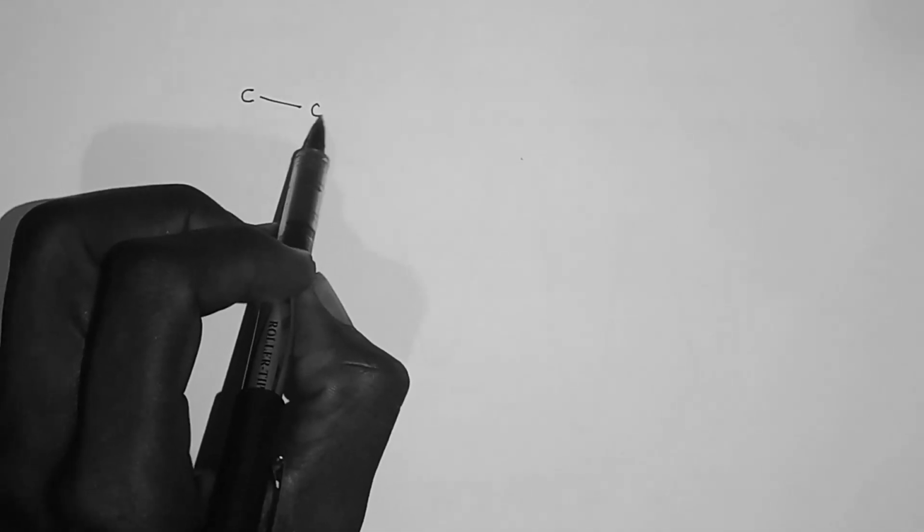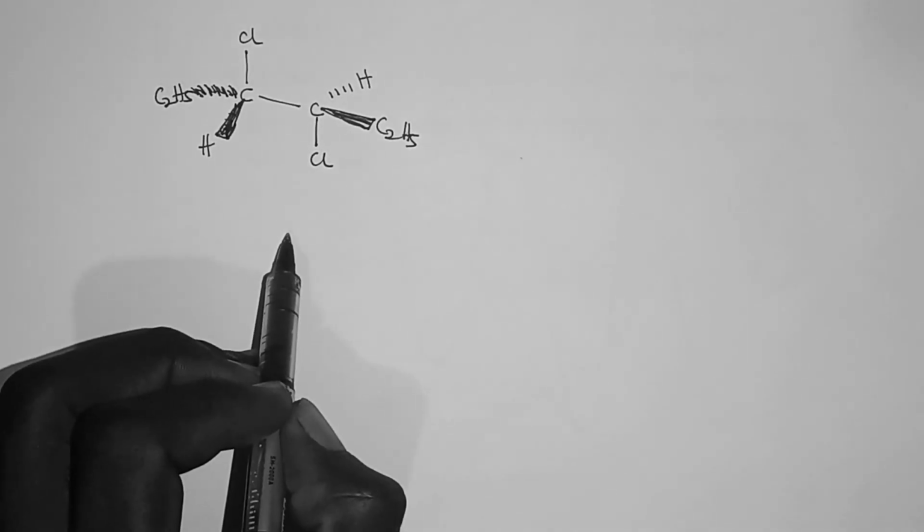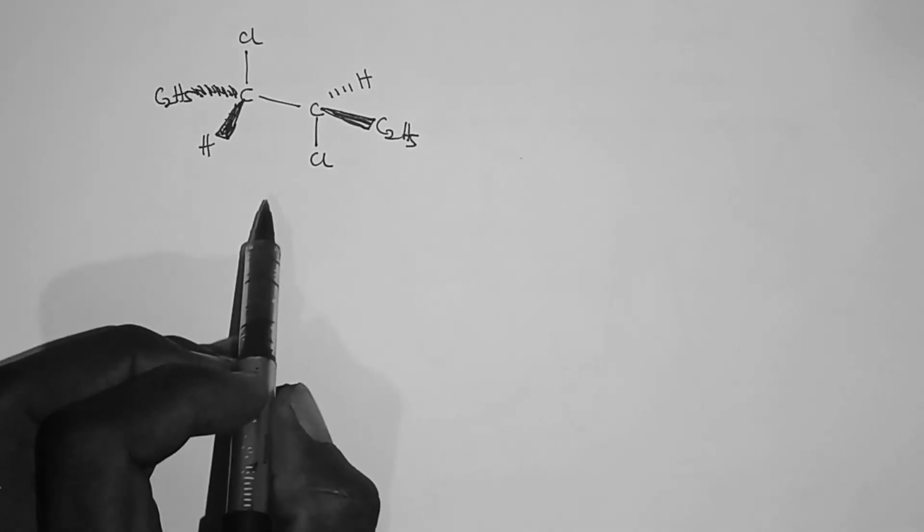To convert a molecule in perspective into a Newman projection. So for example, let's assume we have a molecule in this perspective form. How do we convert this molecule into a Newman projection? To convert a molecule from a perspective form to a Newman projection, for example, remember that in Newman projections, we